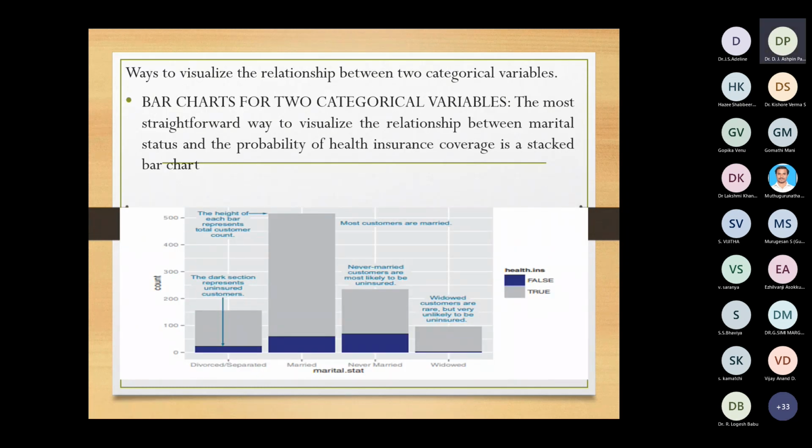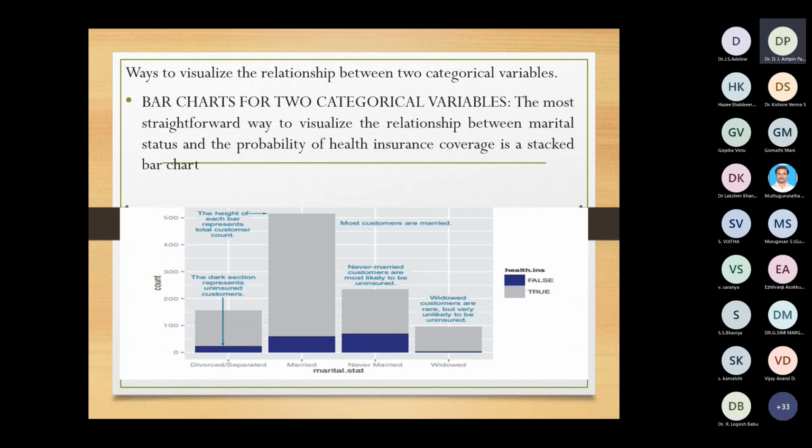And then you can also visualize categorical variables by using a bar chart. This is the most straightforward way. This shows the relationship between marital status and the probability of health insurance coverage.